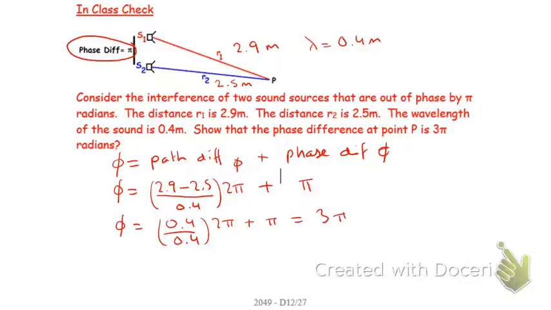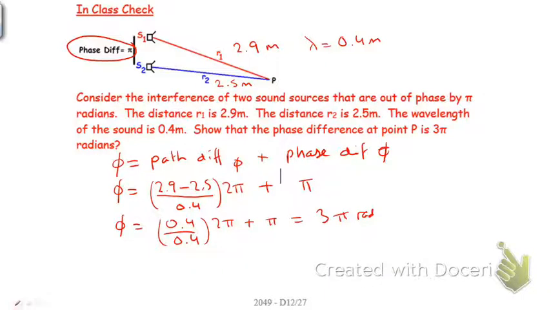Is this constructive or destructive interference? Destructive. 3 pi rad. It's an odd number of pi radians, so that's destructive, yeah? Agreed? The path difference alone would have given you an even number of pi radians. That would have been constructive, but because of the phase effect in the speakers, it got changed.